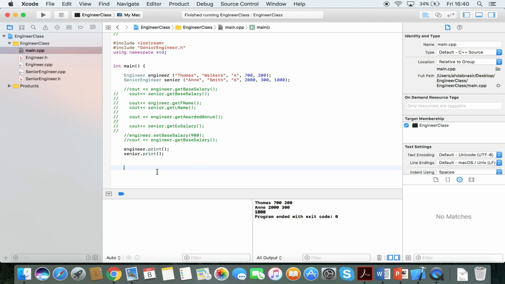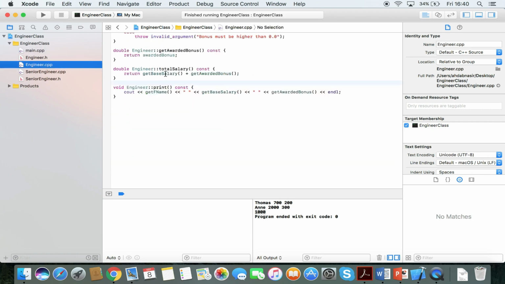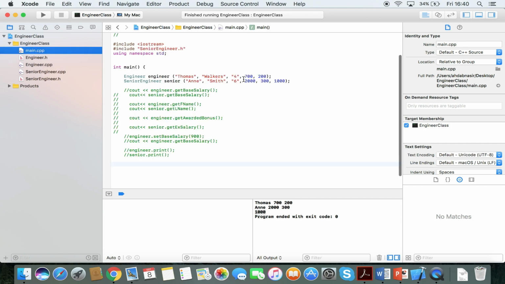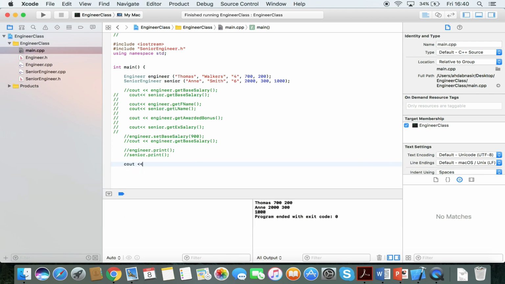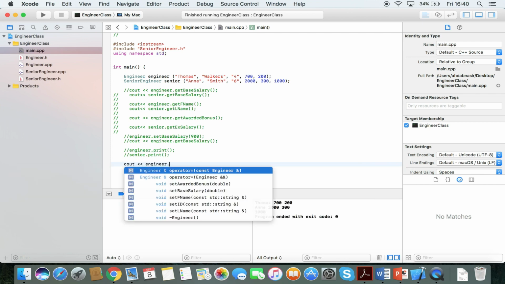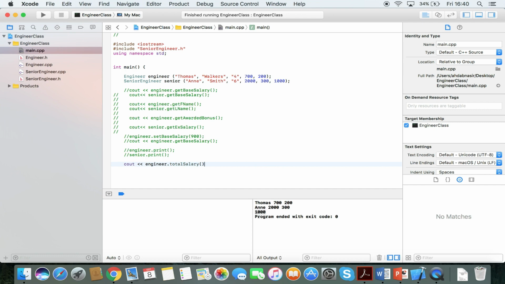Okay, and now lastly, again, let's do that. Okay, let's get the overall total salary. So if we go to engineer, let's do that first. So engineer's total salary is the base salary plus the bonus. So if I just go to the main, the engineer salary is basically 700 plus 200, which is 900. So if I now do engineer, actually let's do print. So we do engineer dot total salary. You should now get 900,